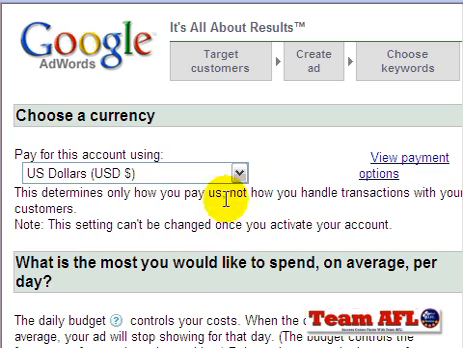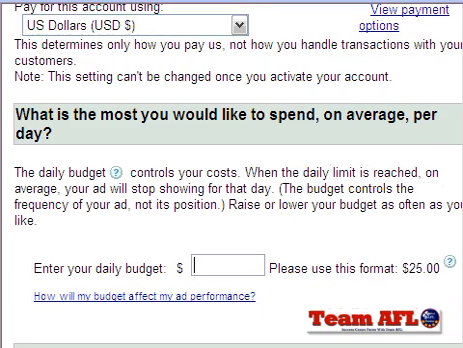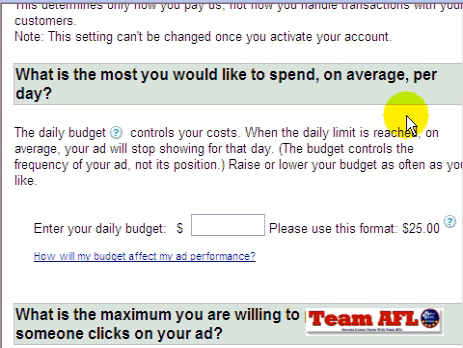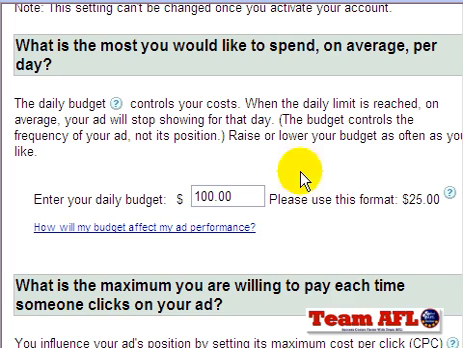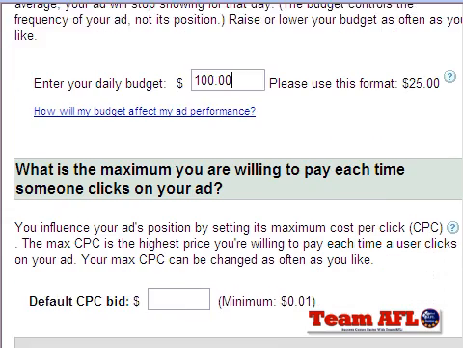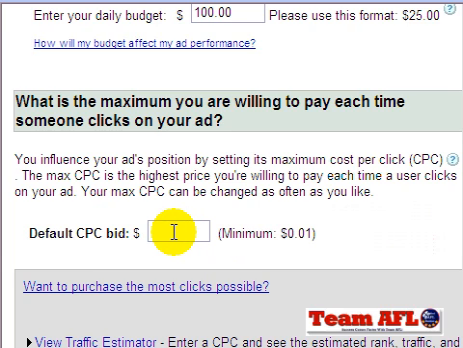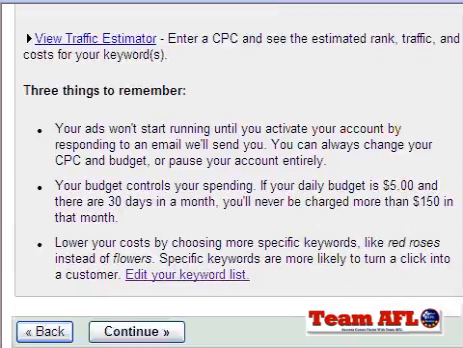Okay, now they want to know how we're going to pay for the account, what currency. USD is fine. And then we're going to go ahead and enter our daily budget, and we want to do something like at least $100. This is how much we're willing to pay Google per day for an entire campaign. And when someone clicks on our ad, how much are we willing to pay per click? So what we'll do here is click on, let's say, $2, and we'll come down here